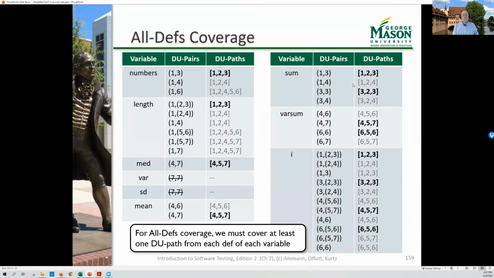For sum, now I need to pick 2 because I have a def at 1 and a def at 3. So I can pick either of the ones from 1 and either of the ones from 3. Likewise for var sum, there's a def at 4 and a def at 6. So I have to pick at least 2. And then I has a lot of defs, right? I's got 4 defs, so I need at least 4 paths because I have to start at each def and